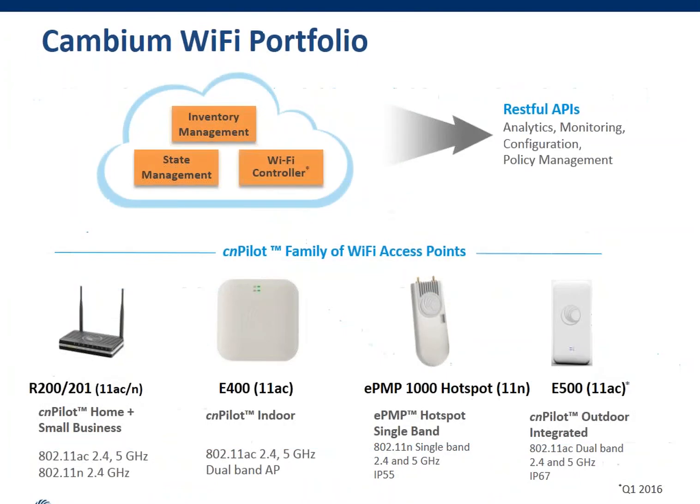As part of our Wi-Fi solutions, we announced 3 products. These are our Cambium home and small business routers, Cambium Enterprise, and Maestro, which acts both as the Wi-Fi manager and Wi-Fi controller. And as you can see on this slide, the R200 is part of our home series. It comes in 2 flavors. It comes as R200 with a single band 11N router, or as R201, which is our 802.11ac dual band home